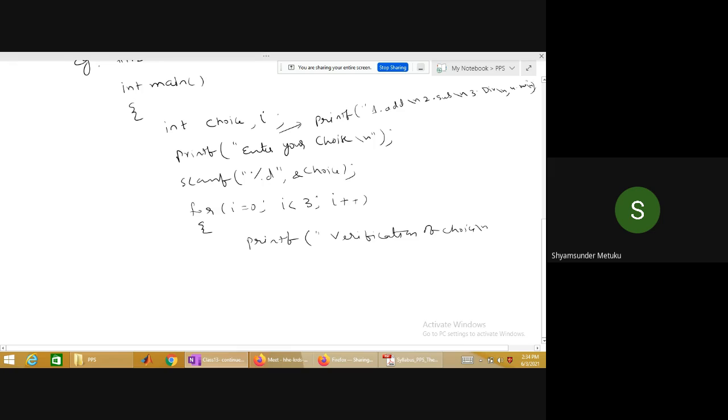I'm just trying to print here. Then I'll try to execute if choice less than 3, continue. Something, yeah, I think, just a minute.